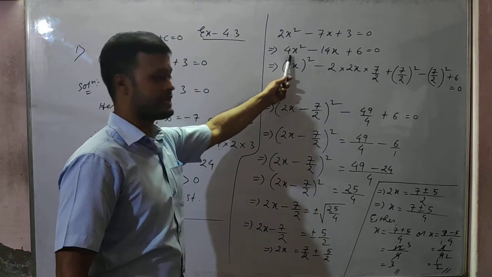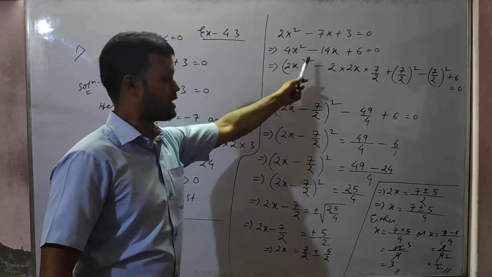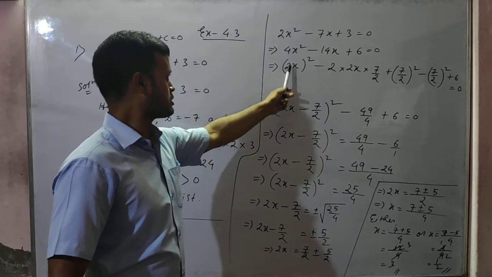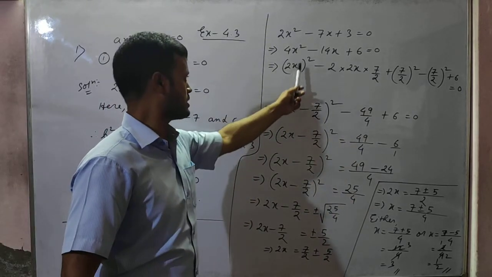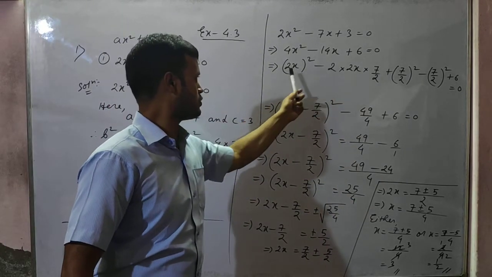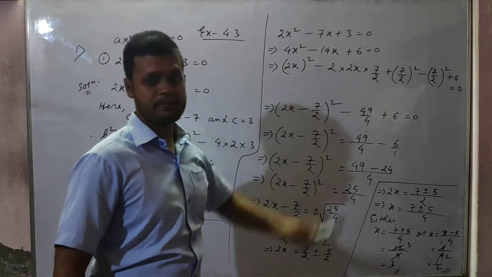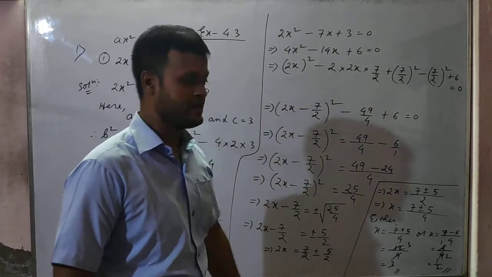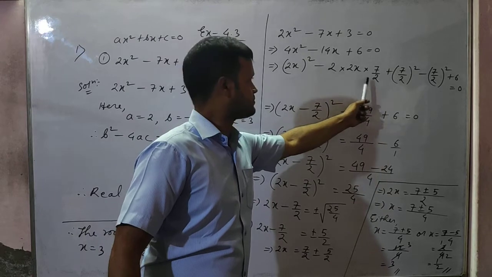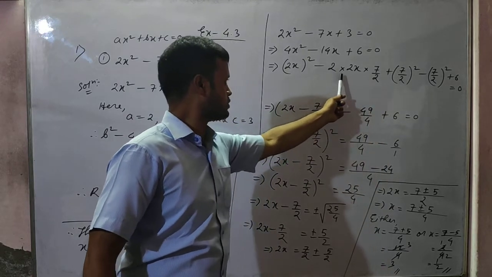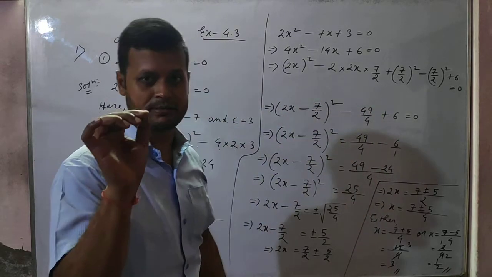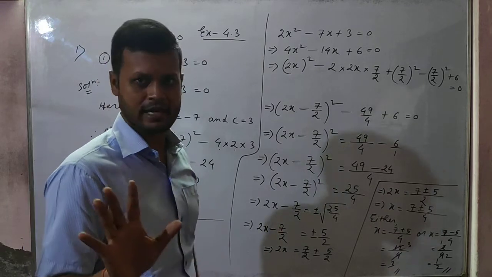Now you see 4x square is there. 4x square we can write as 2x whole square. Can we write? 2x whole square means what? 4x square. So 2x whole square, this is a square minus 2 into a. A means 2x. And b, what will be the value of b? We have to put such a value here. 2 into this is into sign. Okay, sometimes I give dot, sometimes I give cross sign. Both are same.